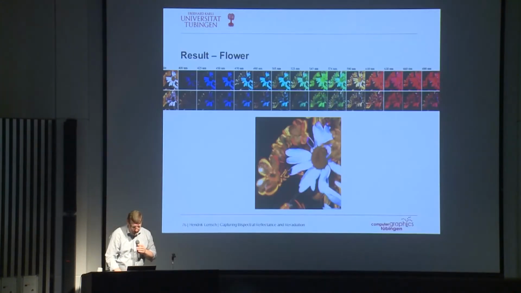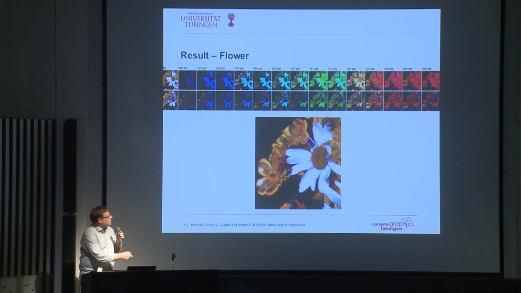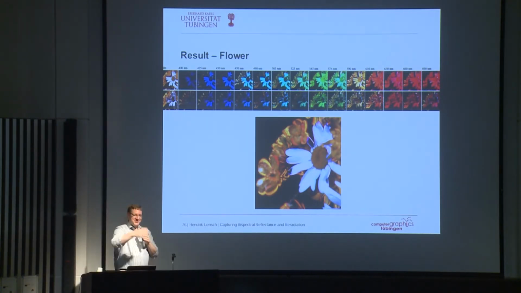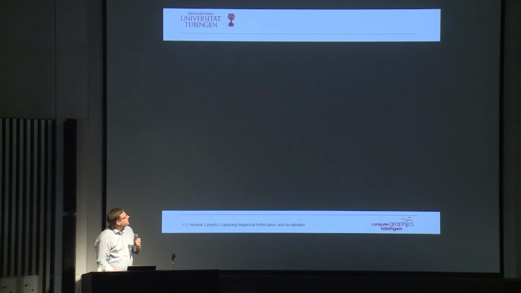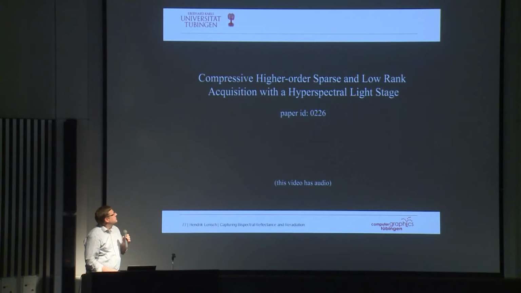So here's another reconstruction we get for a flower data set. Here, unfortunately, you see that the silhouettes are slightly blurred. That happens if you have living materials. Even if we now reduce the acquisition time to like 2 hours, it was totally sufficient to have the leaves move a little bit, and then of course you break all the correlation. But otherwise, you see that there's some nice fluorescence in the blue part in order to render the white flower leaves much, much brighter. And here's the overall reconstruction for a set of text markers, which of course